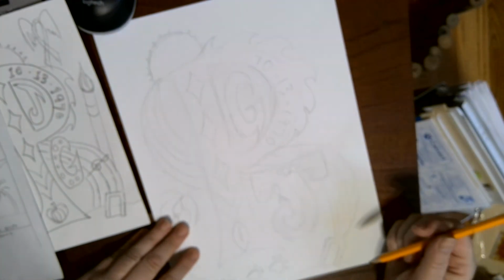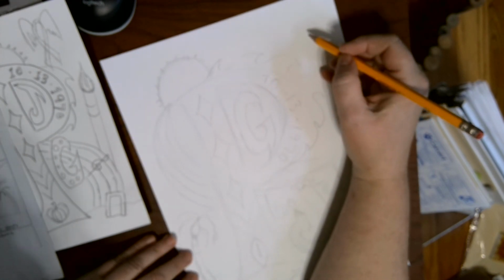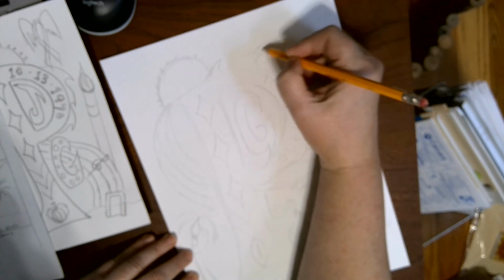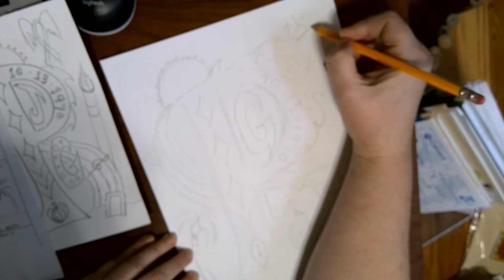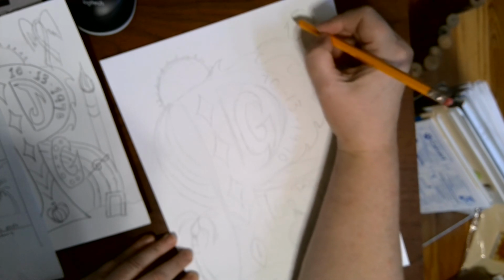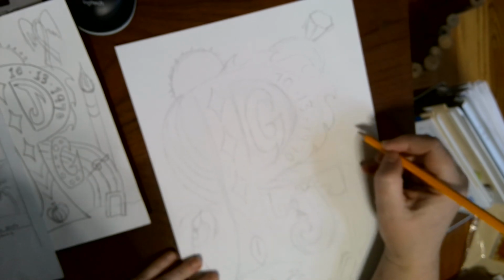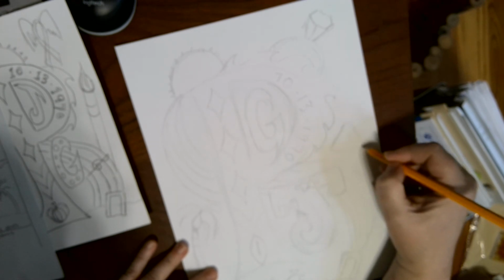Okay, and then I'm going to need to get my diamond ring. So maybe what I'm going to do is, I'm going to do like it's sitting behind this. So right here, I'm going to put my ring, and I'm probably going to do the diamond right here. Sorry about that, doggies. And then, so I've got my diamond. I need my reduce, reuse, and recycle. So I'm going to maybe put that into this space, and it's basically a triangle first, and then I'll build some arrows on it. Okay, so I have my layout, and I have the right number of symbols now on it,